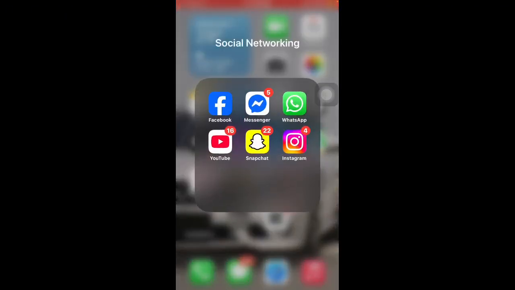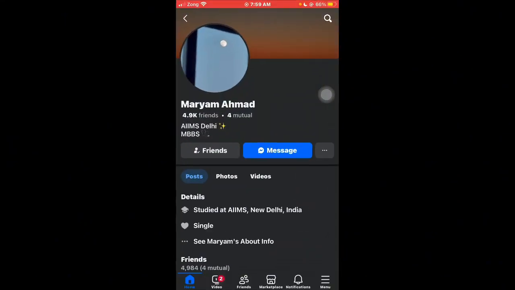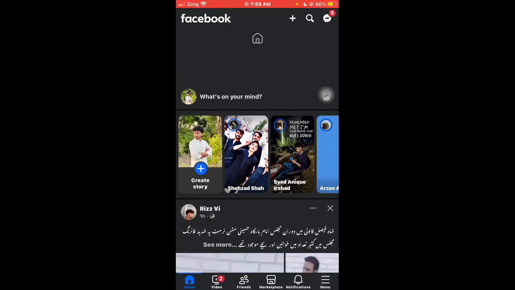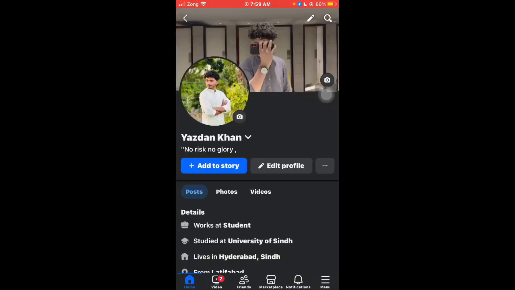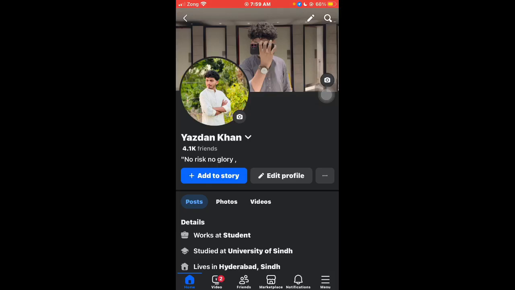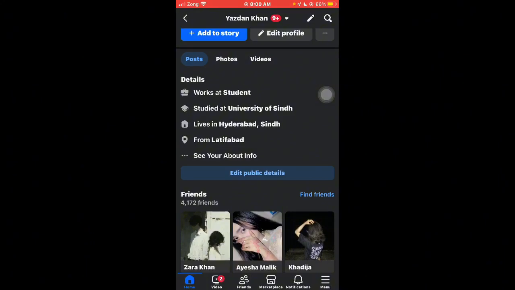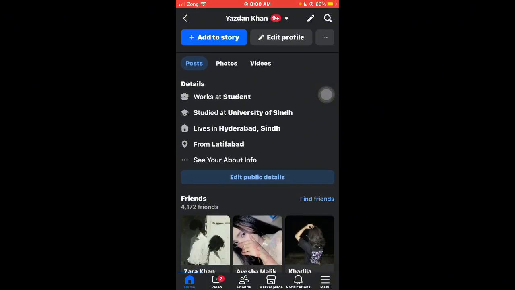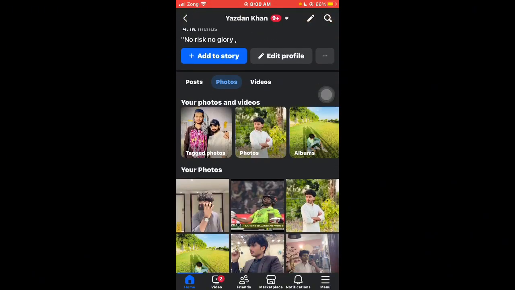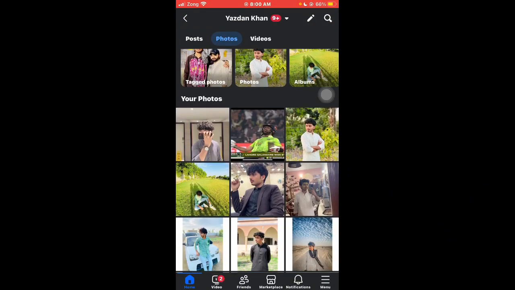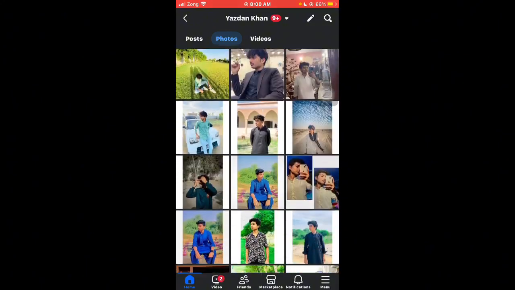So you can open your Facebook first and go to your profile. Once you have opened your profile section, you can see this is my profile. And now if you want to hide your photos or videos on Facebook, you're gonna tap on your photos and go to the all photos album